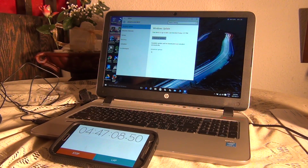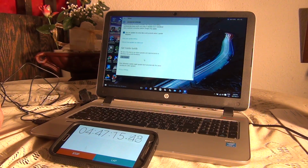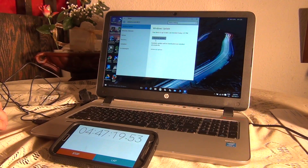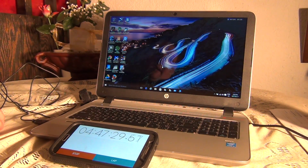But okay, it says it's up to date. I probably should check that I want other Microsoft products as well. Don't want to do insider builds. See, yeah, it's activated. Good. That's always a good sign. Okay, so now